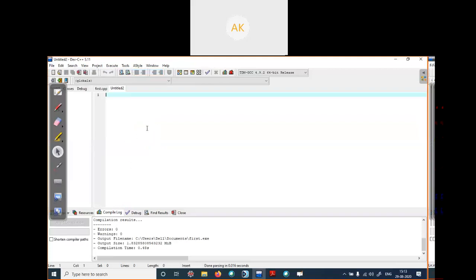I'm writing code in the Dev C++ tool for writing a C++ program. Okay. So start by including your header files. First, I want the header file iostream.